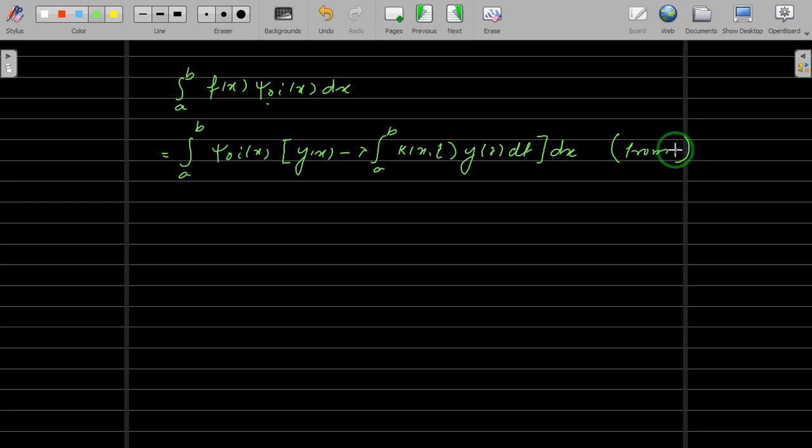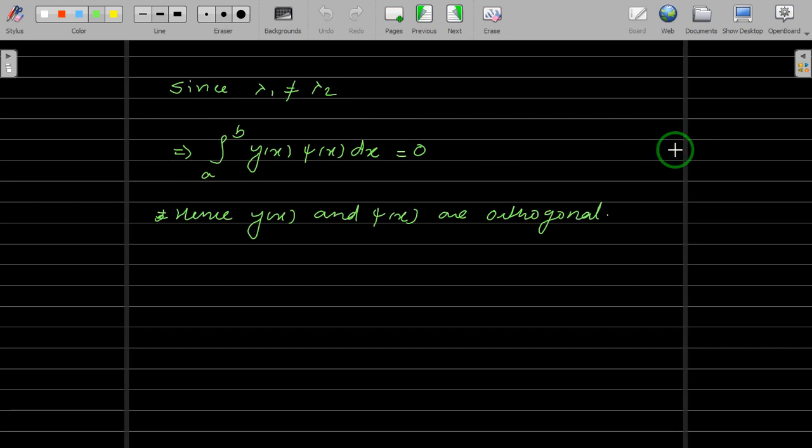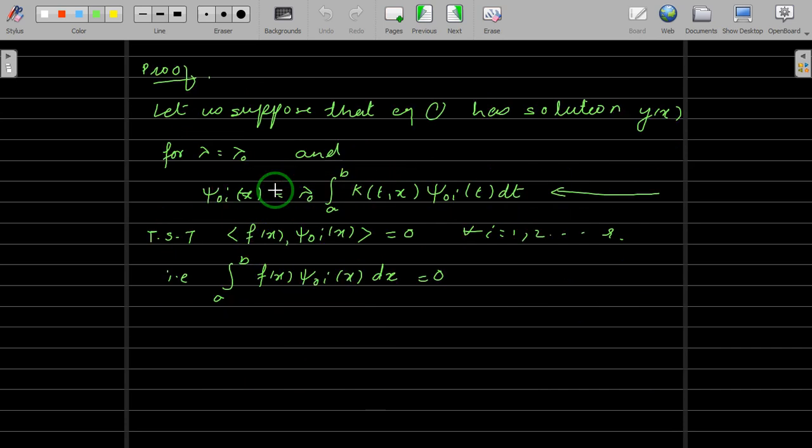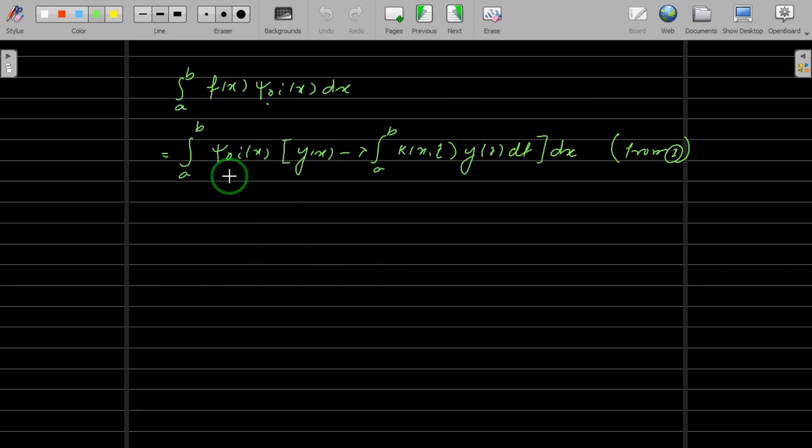I can write here from 1. I repeat, from equation 1, that is from this equation, you write f(x). f(x) is nothing but y minus integral, and that's what we have taken and substituted for f. Psi 0 i is already kept like that only. So this is equal to, open the bracket, integral a to b psi 0 i of x